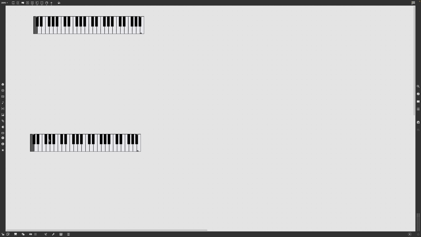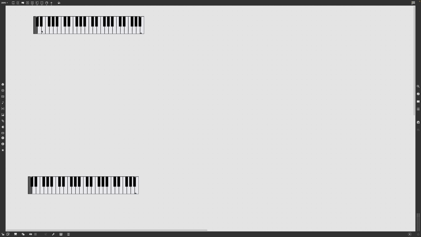Hi, it's Sam. In this video, I'm going to show you how you can take any root note and incoming pitch and transpose it or quantize it to whatever scale you want. So to start off, let's create a couple kslider objects so we can view the input and output of our